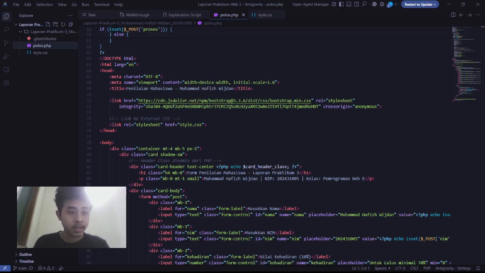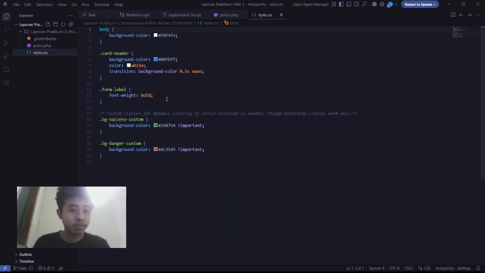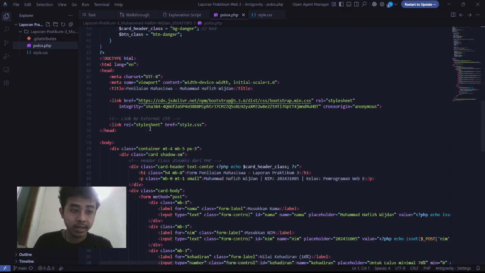This is where I put CSS to style the form. Okay, now back to polos PHP.